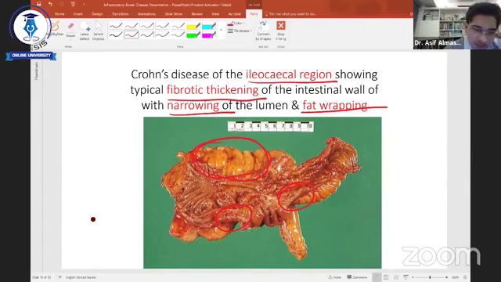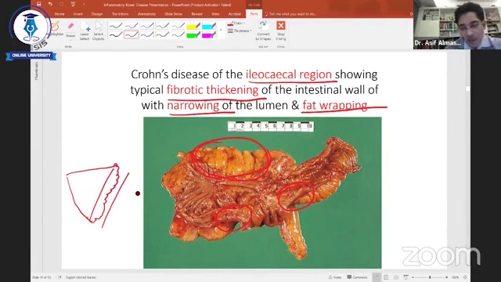What I'm trying to say is that if this is, for example, the ileum, and this is the mesentery, you will see that the mesentery fat is creeping into the ileum, in and around the ileum. This is another result of a chronic inflammatory disease. This is called fat wrapping. This is very, very important. In case of Crohn's disease, whenever you open the patient's abdomen and you see fat wrapping, something like this, you can immediately understand that the patient is having Crohn's disease.